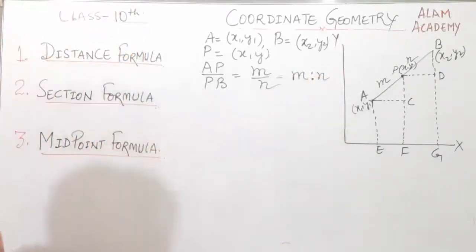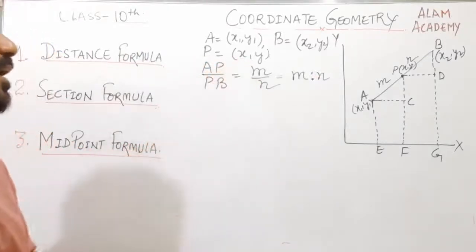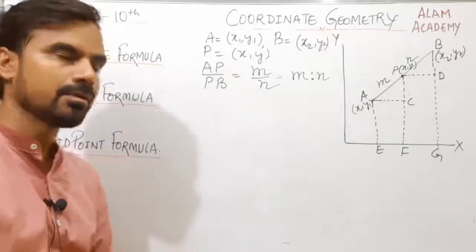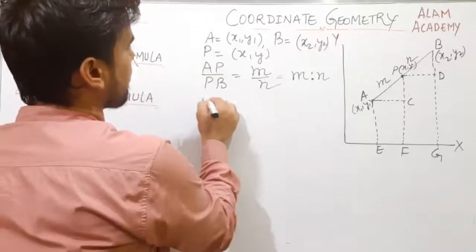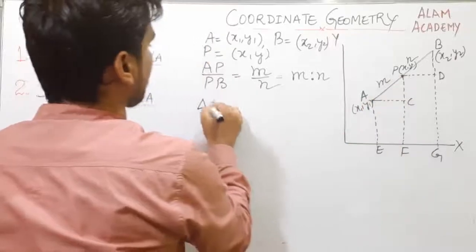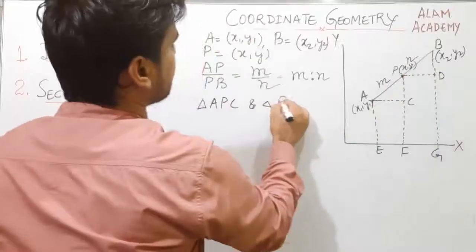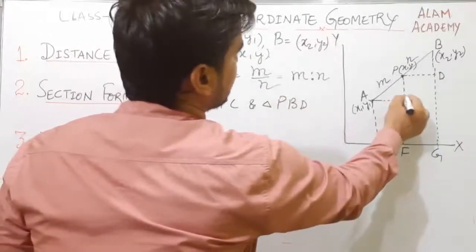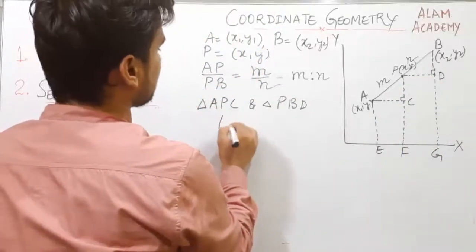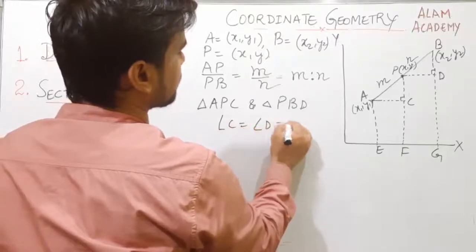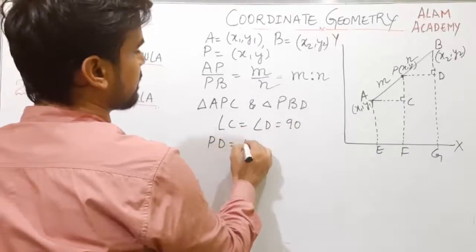Now we have to find out the coordinates or the value of P, that is value of x and the value of y here. So how exactly we will find out? First, we look at the triangle APC and triangle PBD. As we have drawn perpendicular here, angle B, angle C, and angle D equal 90 degree. And PD is parallel to AC,